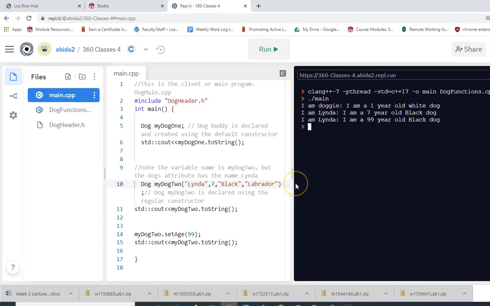So this is an overview of classes and objects, and I'm going to ask you